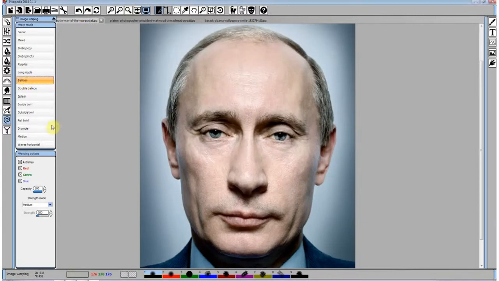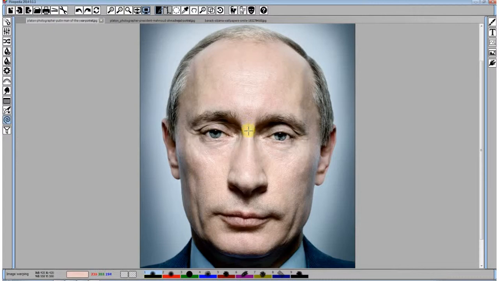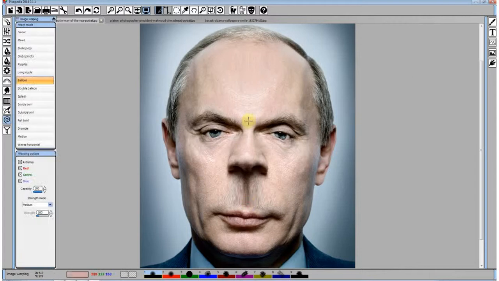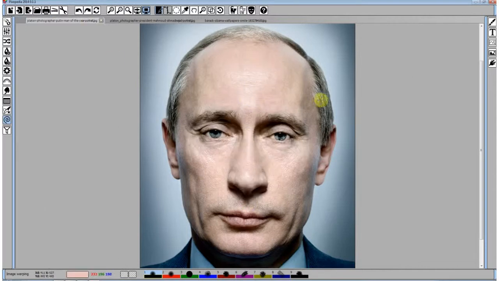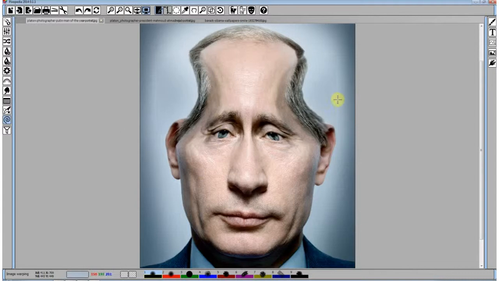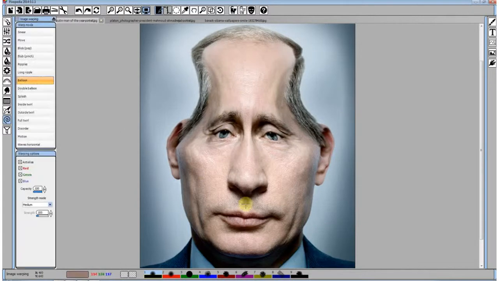Now we come to balloon distortion. It's a trigonometric distortion. When we pull down, it will squeeze this central part of the image. So if we move here, we can squeeze the head.